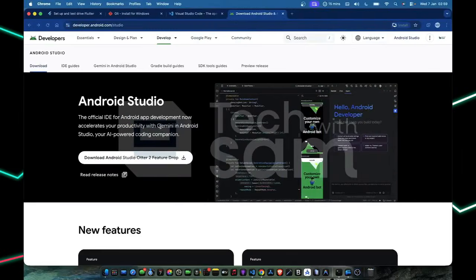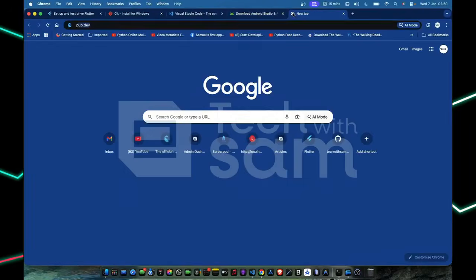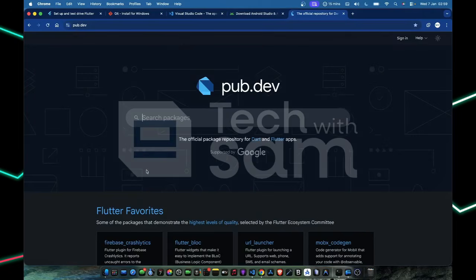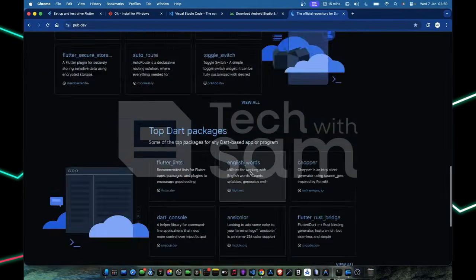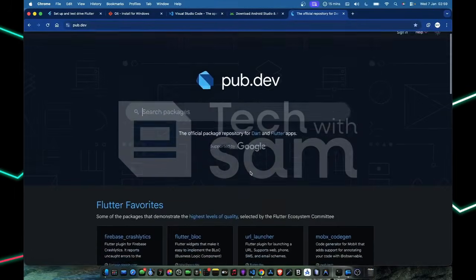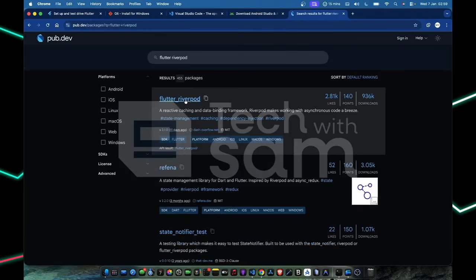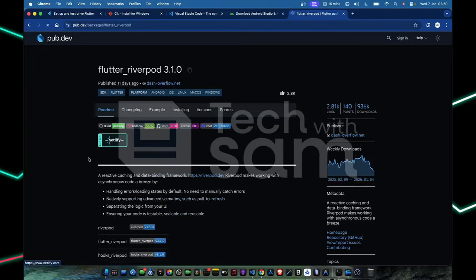So to check all the packages, all the dependencies that we have in Flutter, we have that package in Flutter. So just head over to pub.dev. On pub.dev, you can see all the packages, and you can check their documentation and all. But for this particular one, we just need Riverpod. As I said again, Riverpod is a state management solution and is one of the